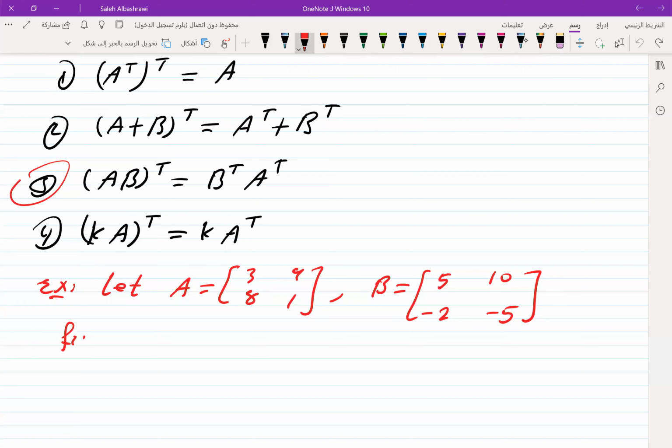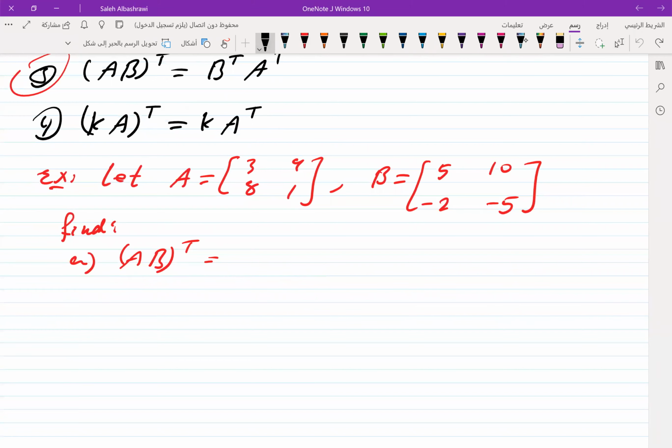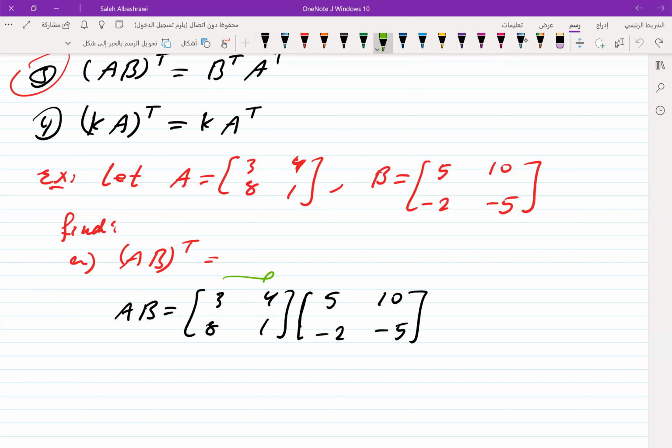Let's find A B transpose. It means that we need to find the product first, A times B. A times B is equal to 3, 4, 8, 1, multiplied by 5, 10, minus 2, minus 5. Row with column, that will give me